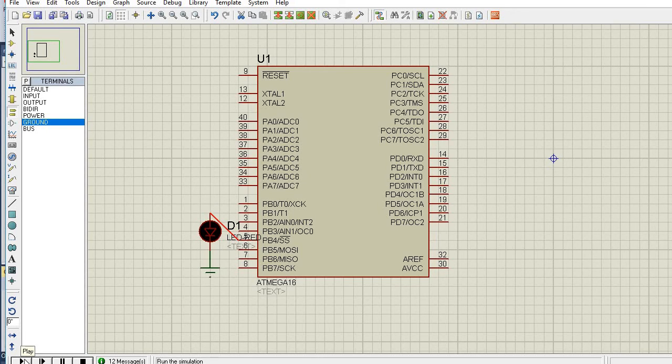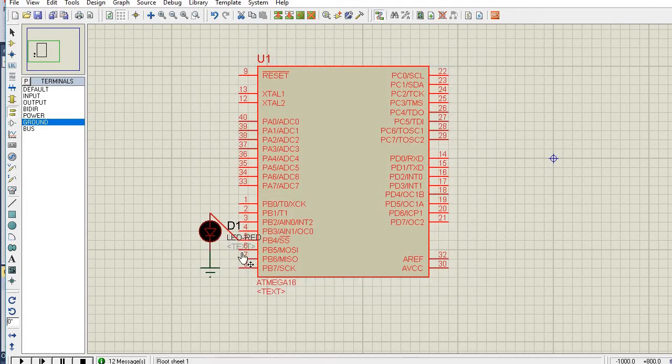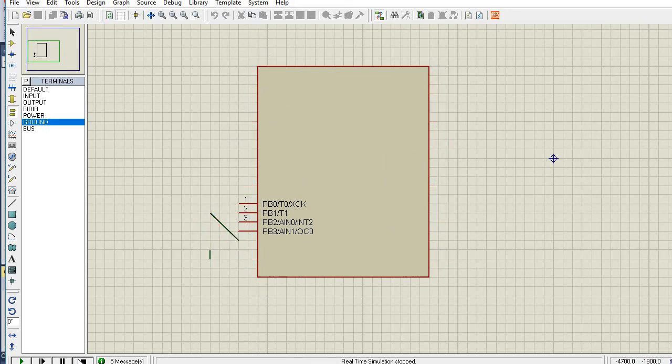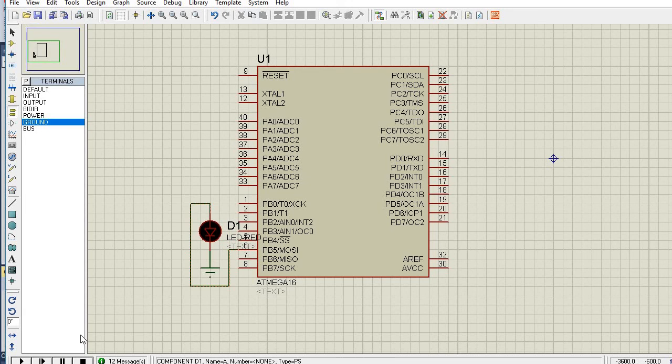Sorry, the 5th bit means, because it counts from 0, 0, 1, 2, 3, 4, 5, 6, it will go to the 6th pin. So this way it will work.